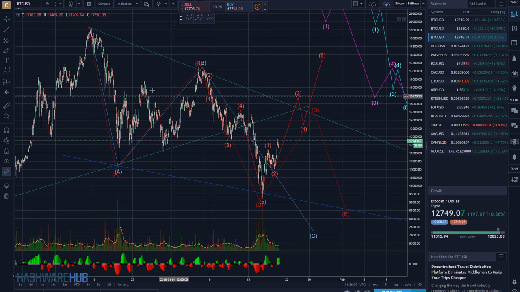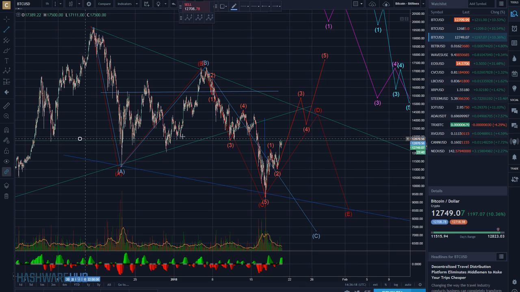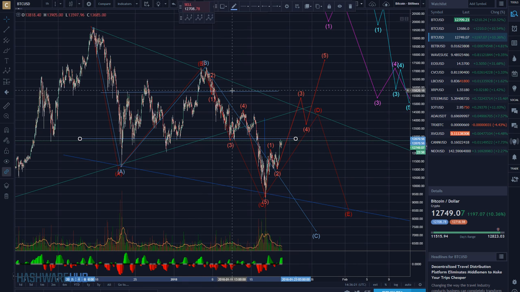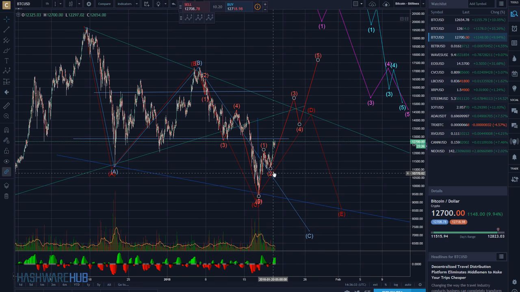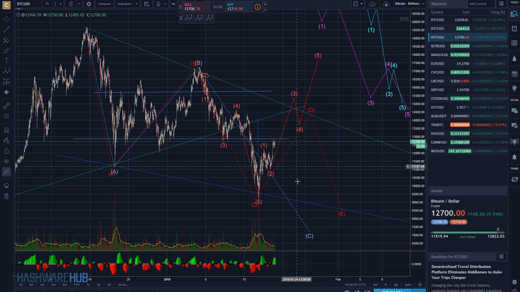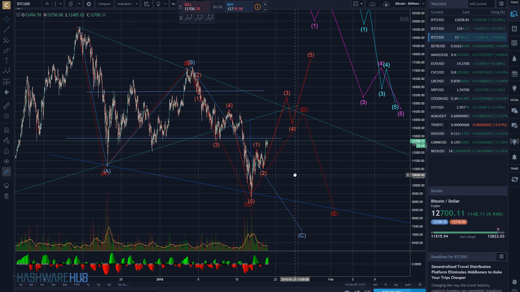Another thing is that if you look right here, there is a ton in this range right here. There is a ton of support and resistance, and it's going to act as resistance as we try to break through it. So the market's going to have to do a lot of work to get to here. There has to be a lot of bulls in order for that to happen. So we have a ton of support and resistance, which really is just going to be resistance as